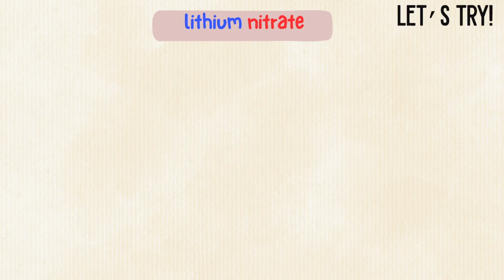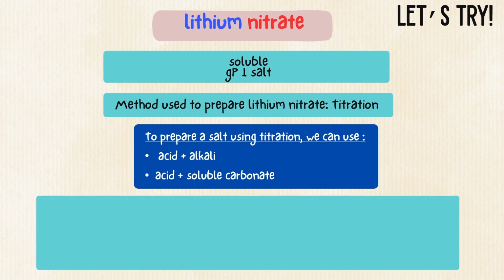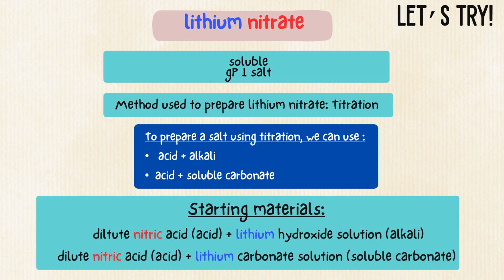Now let's try another example, lithium nitrate. So lithium nitrate is once again a salt that has to be prepared by using titration. So the acid that we're going to use in this case will be nitric acid, because nitric acid gives us nitrate ions. So the alkali must contain lithium ions, so I'll be using lithium hydroxide or lithium carbonate to react